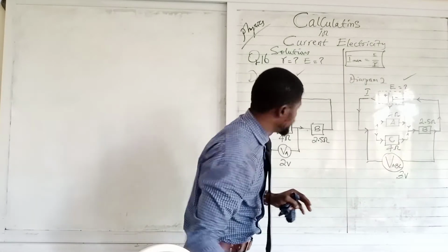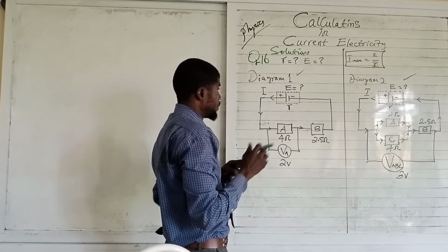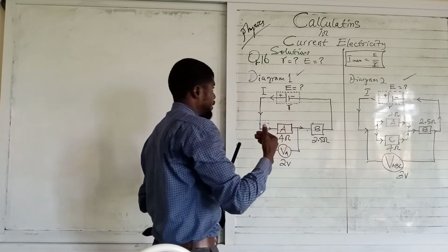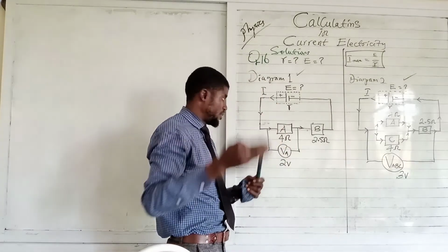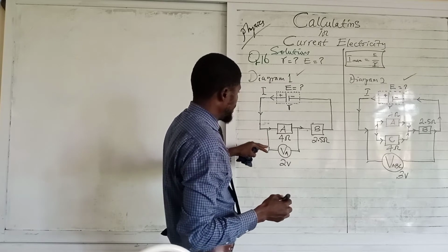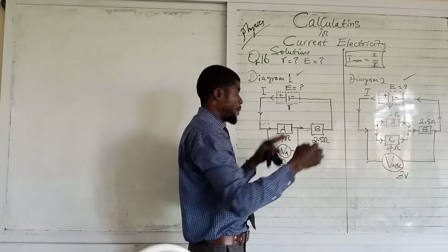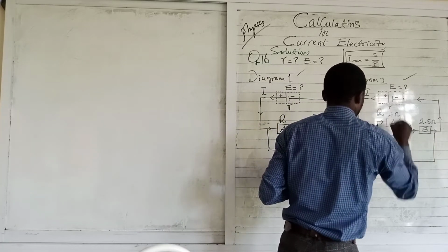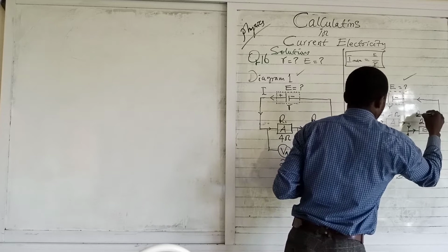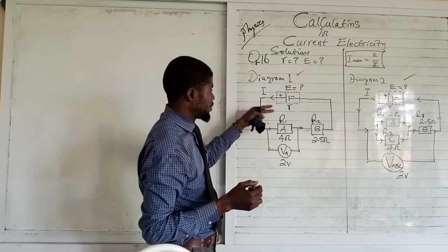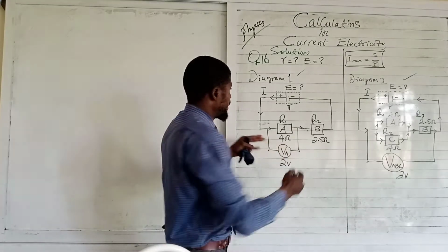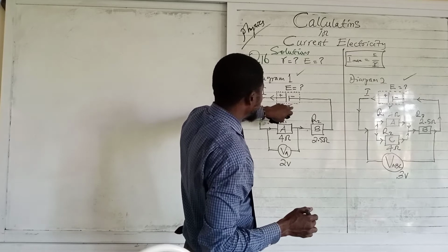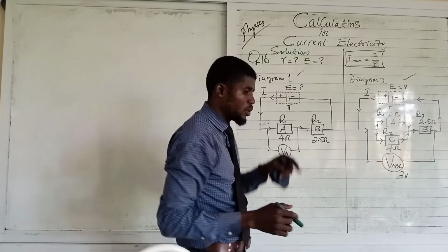Now, we are going to produce two basic equations here. There are two simultaneous equations here because this is what we have. Now, recall that there's what we call the lost voltage and the terminal potential difference. The lost voltage is simply the voltage across the external resistors, capital R. Like this one, we can say this is our R1, this is our R2. Here, this is our R1, this is our R2, and this is our R3. So the symbol for the resistance, capital R, is called the external resistor. So the voltage across the external resistor is called terminal potential difference. Lovely. While the voltage across the